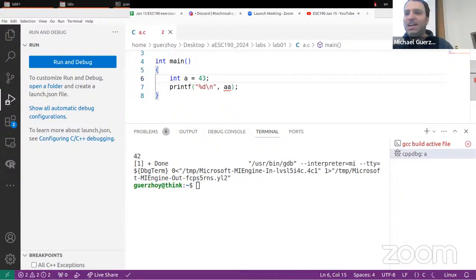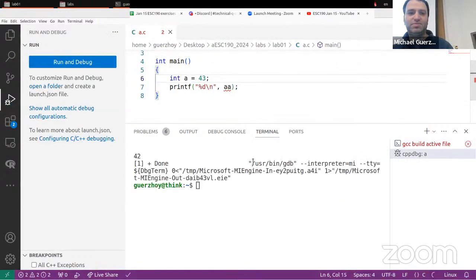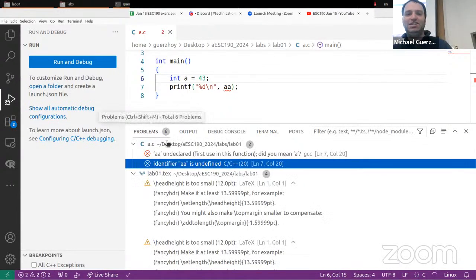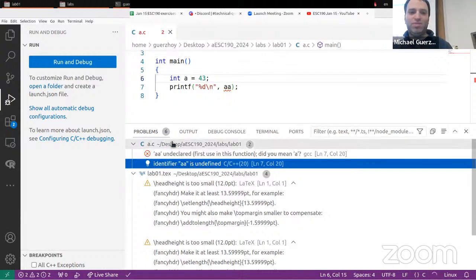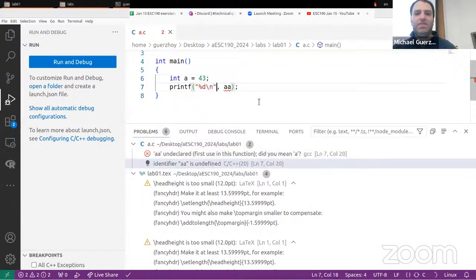If I save it and I run it, it says 42 because it runs the previous version of the program, which actually was working. Here, it'll say that there is a problem. Again, the number of problems should be 0. So, okay, if I fix it, for example, by changing this to AA,